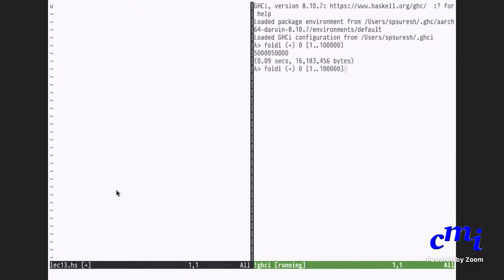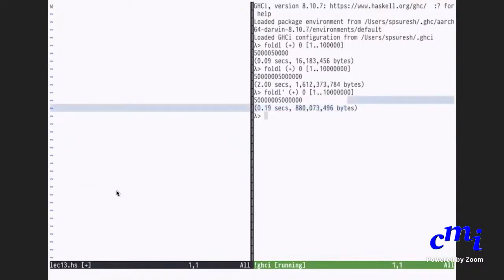Even this does not finish quickly. At some point of time you will see that it creates a problem. 2 seconds is large actually. Let's try fold L prime instead. Oh, you can already see the difference, right? Both in terms of the amount of time it takes, as well as the memory that is used. So yeah, this is the point. You can even give even more ridiculous values if you want.